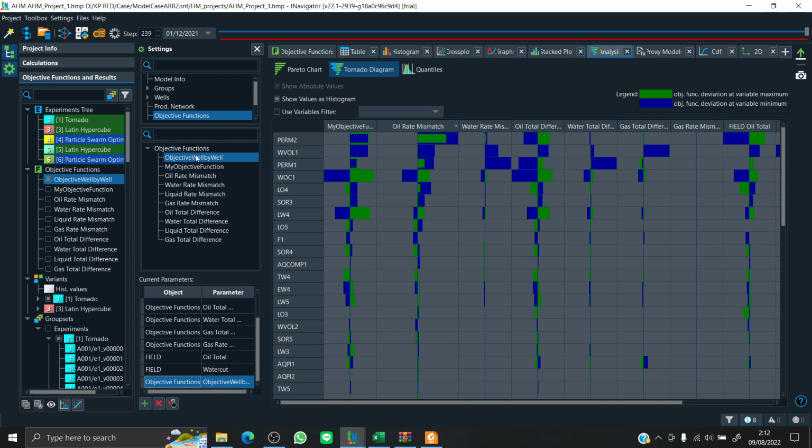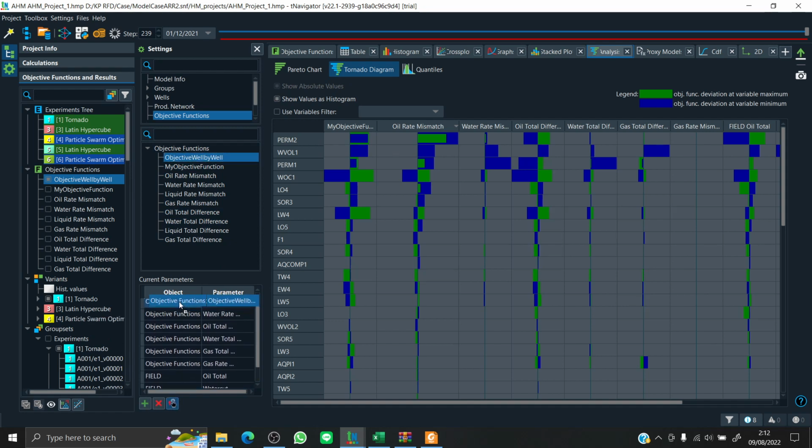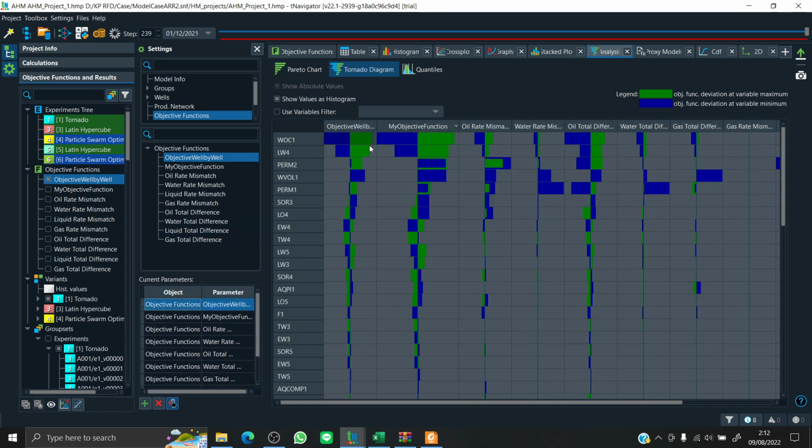You can select from the top button right here. Okay, in the settings tab you select your own objective function. In the second box you select what objective function you want to add to the tornado chart. Okay, and then you press this green button, add. You can also move the parameters to the top, or in the graph it will be on the left, as you can see here.